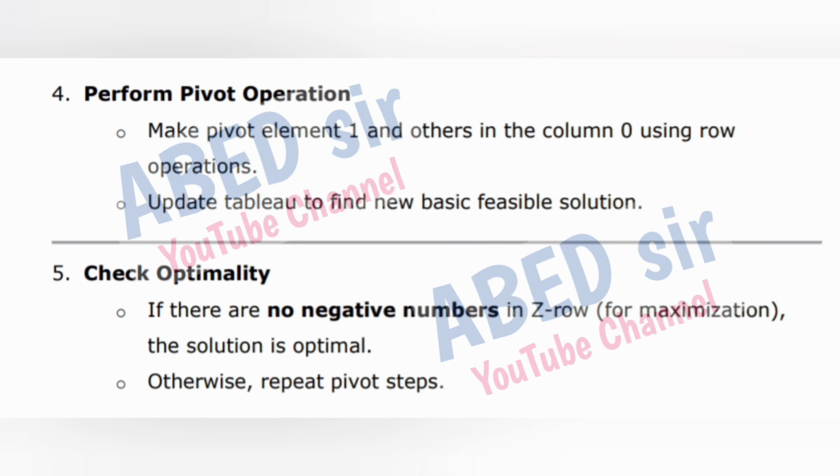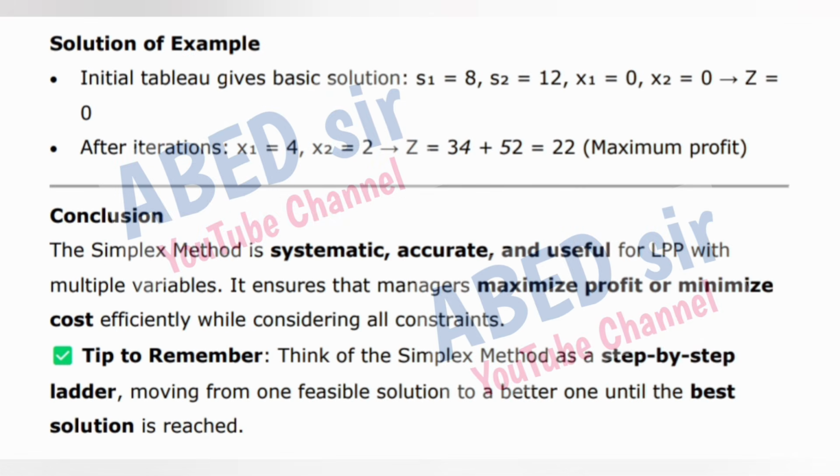5. Check optimality. If there are no negative numbers in z row, for maximization, the solution is optimal. Otherwise, repeat pivot steps. Solution of example. Initial tableau gives basic solution, s1 is equal to 8, s2 is equal to 12, x1 is equal to 0, x2 is equal to 0, z is equal to 0. After iterations, x1 is equal to 4, x2 is equal to 2, z is equal to 34 plus 52 equals